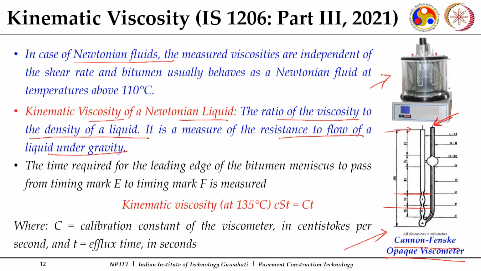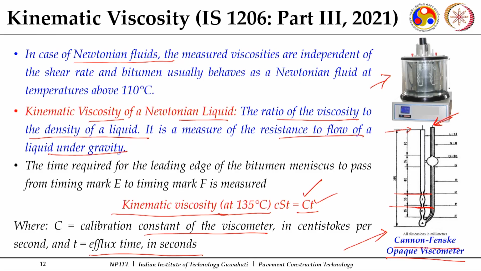Again there are timing marks, and you need to note down the time it takes to move from one timing mark to the other. Thereafter the kinematic viscosity at 135 degrees centigrade, in units of centi-Stokes, is given by the calibration constant of the viscometer multiplied by the efflux time to move from one timing mark to the other. So, these are empirical measurements